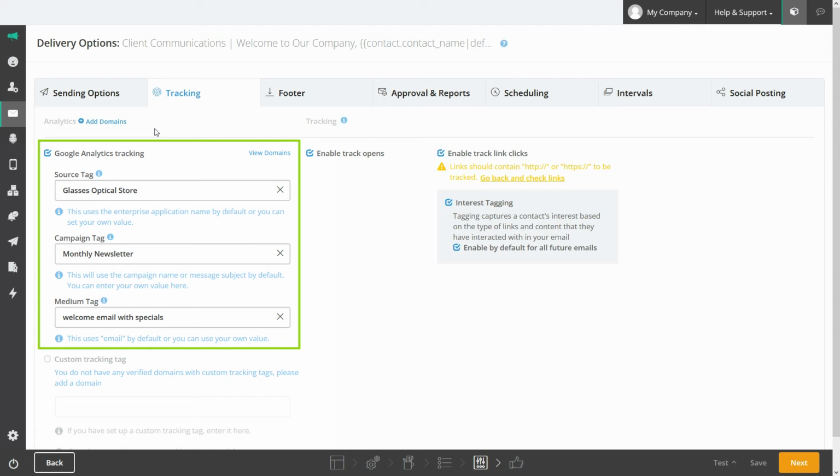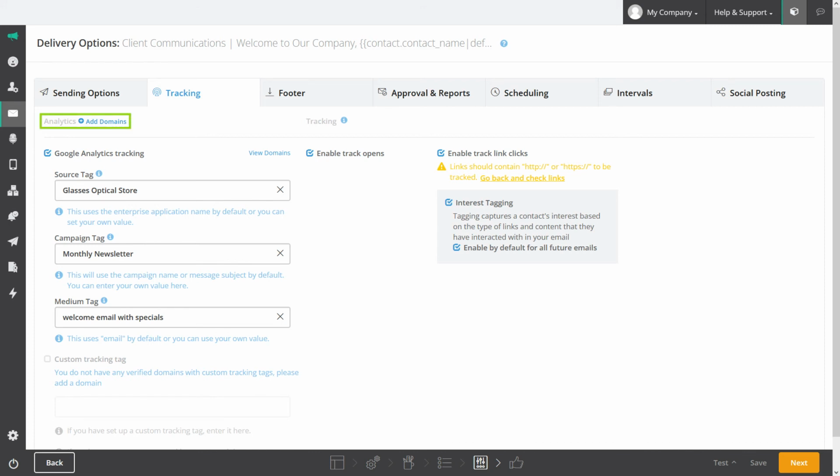You will need to connect your email domain with your Google Analytics account for this to work. If your domain isn't connected, you can do so now by clicking Add Domains. The View Domains option will only be available if you have successfully connected your domain. We're not going to work through adding a domain now, but you can check out our documentation on adding domains